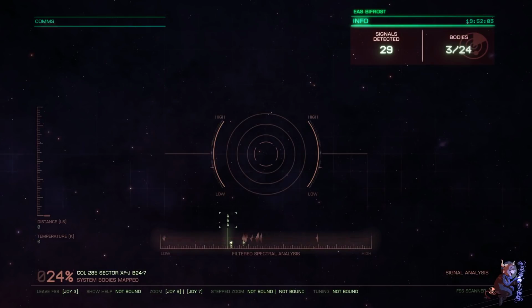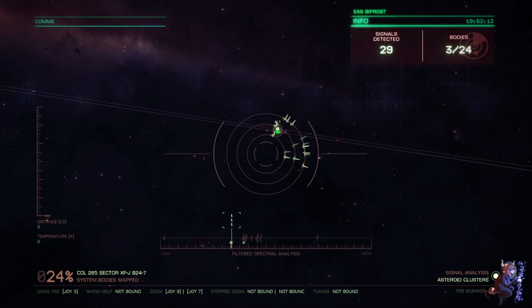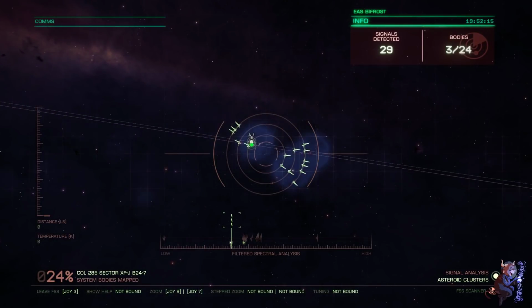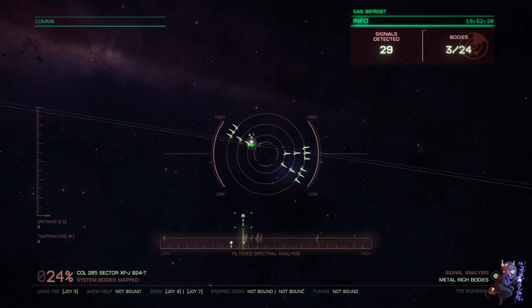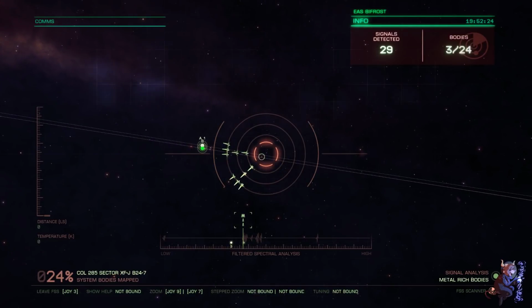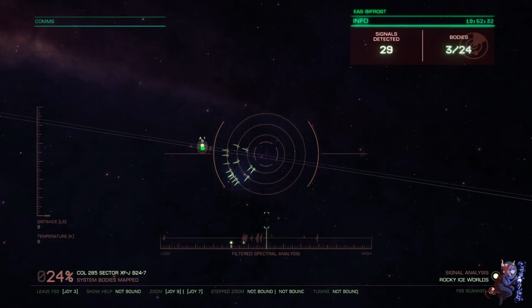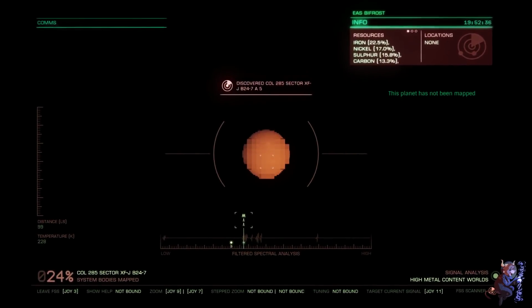Now right here, we've got Planet 3, which is apparently a brown dwarf star, most likely an L class. Let's go panning around here and see what we've got. We've also got a discovered high metal content already. Let's see what else we've got here. So I am tuned in. You can see as I was twiddling the knob there, you can see rocky bodies on the lower right, rocky bodies, icy bodies, rocky ice worlds. So let's tune into here, zoom in, and we've got